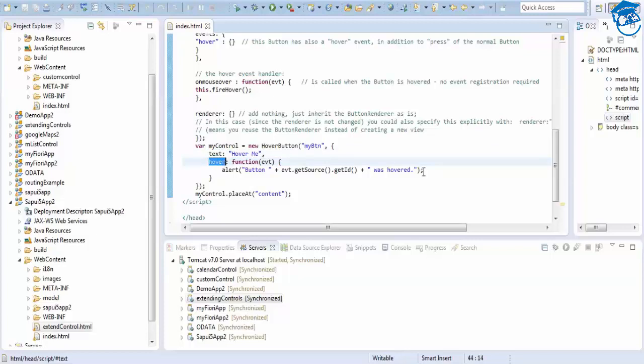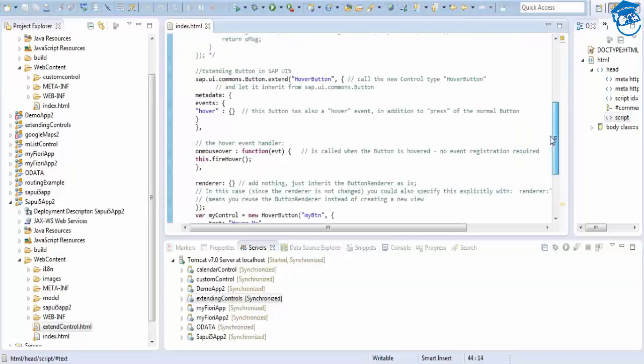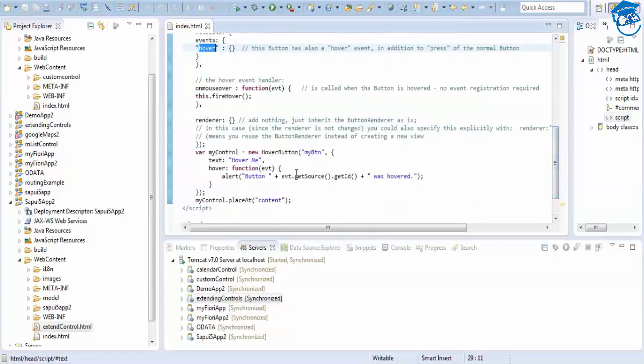Why this hover means it has to be the name, the same name here, whatever the name is. Okay, so on mouse over, fire this event. We have declared this globally, because it has to understand. So what are you doing? Suppose you are pressing something and handling it, you can do that. The press event is already there, so it's hovering it.